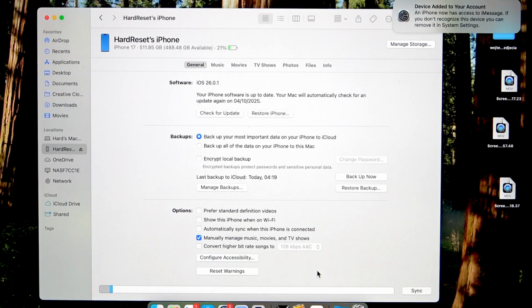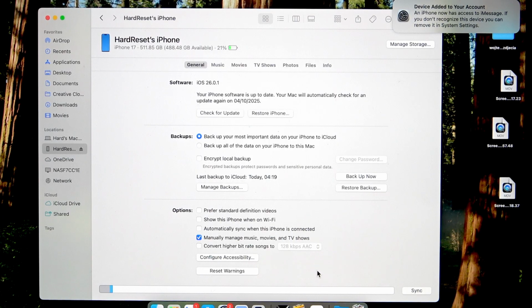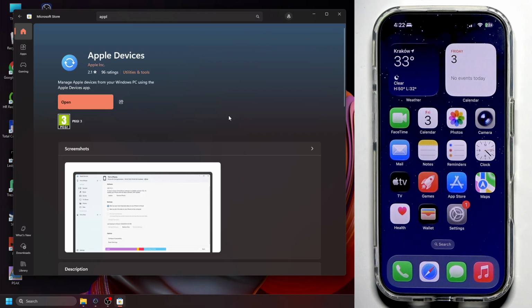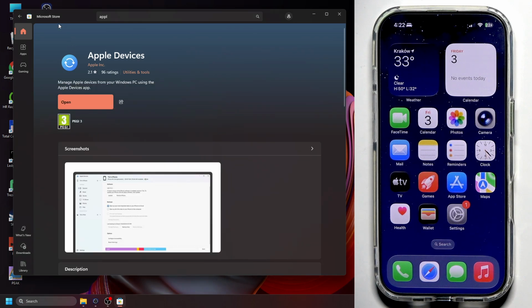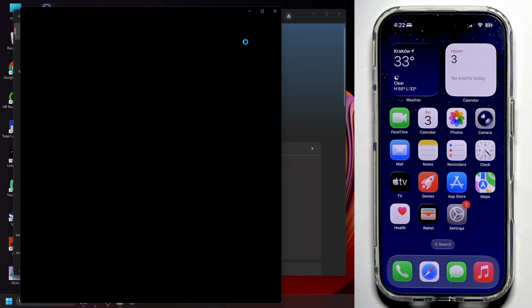In this case, I'll show you how to do it on a PC or laptop, but with Windows. So give me a second and I'll see you on my desktop. Alright, again, we need to connect our iPhone into our computer. And now on Windows, we will have to download the Apple Devices app from the Microsoft Store. To launch the Microsoft Store, simply click on this bar. In here, type Microsoft Store. Once it's turned on, click the search bar, type Apple Devices, download this app. Then click on open,